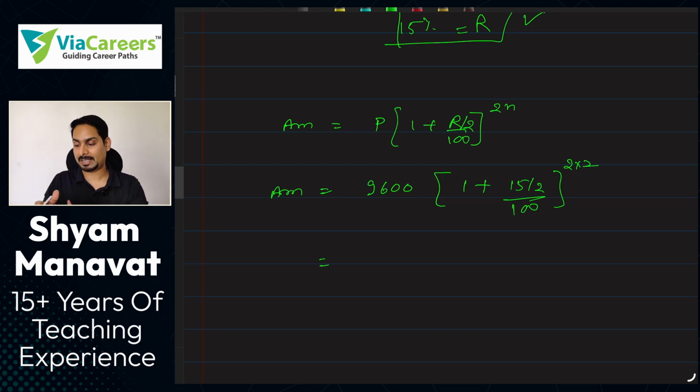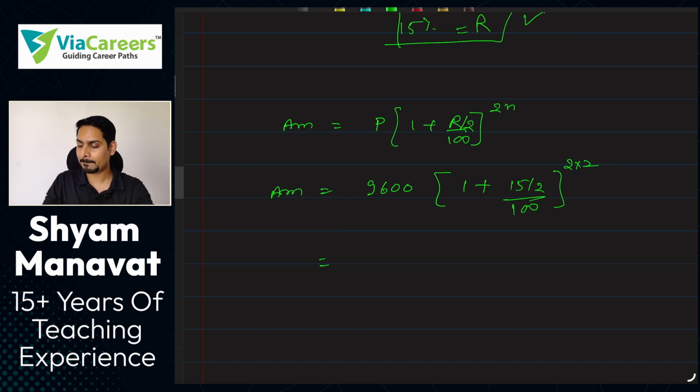I hope you have reached a level where you don't need me to tell you in detail why we are halving the rate and doubling the time period for half yearly. But if you are not at that stage, then please complete the concept lectures properly. I have a course available here. You can see the concept lectures on simple interest and compound interest there. Do it, read it, it won't take too much effort, it will take time and dedication.